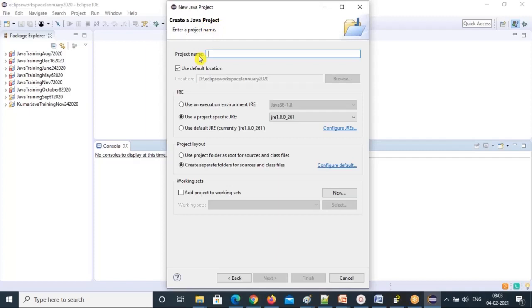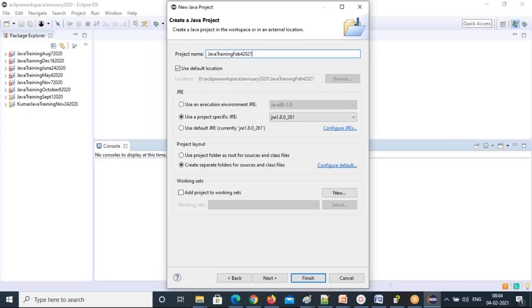Enter the project name. Whatever project name you want, you can give. I'm just giving Java Training February 4th, 2021, a simple name for my recognition purpose, because I want to remember this project.